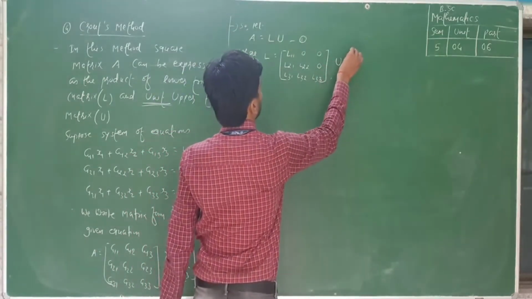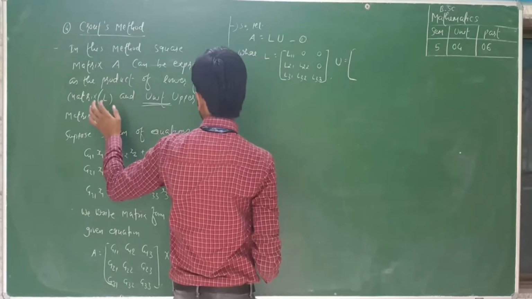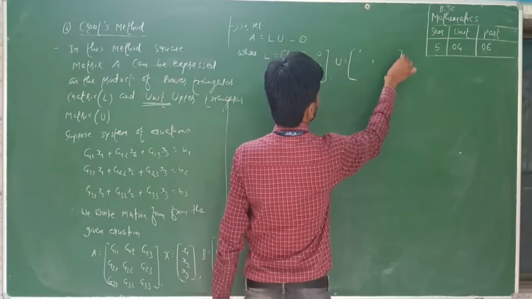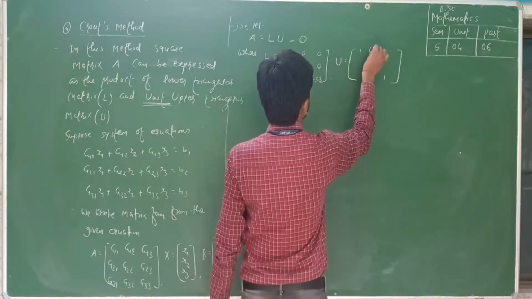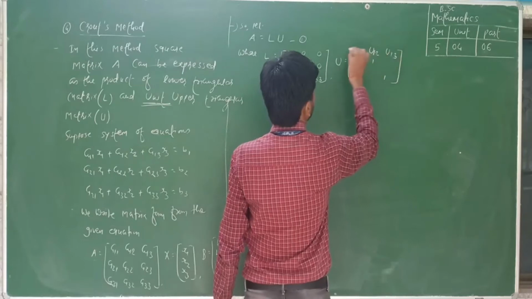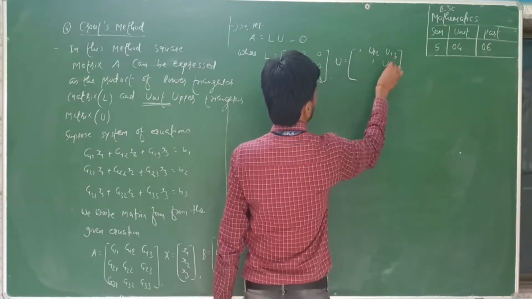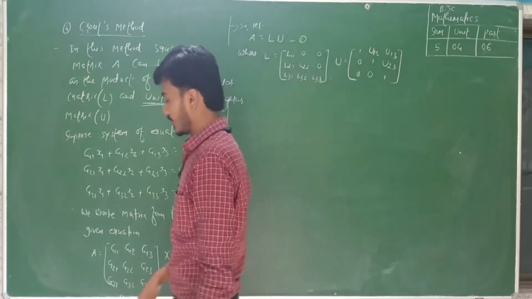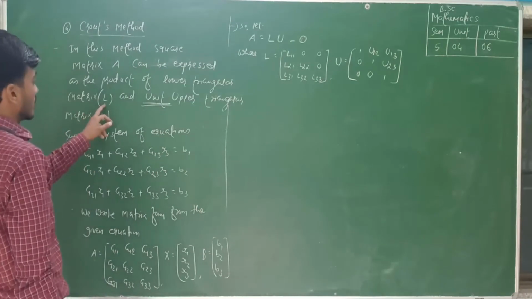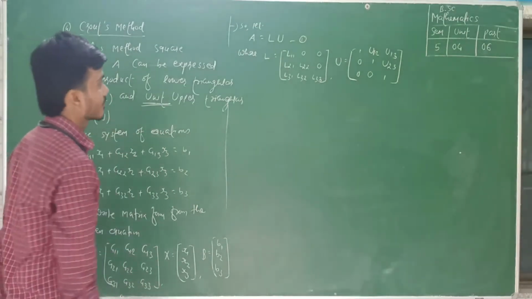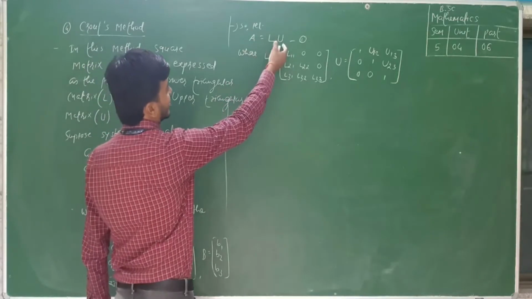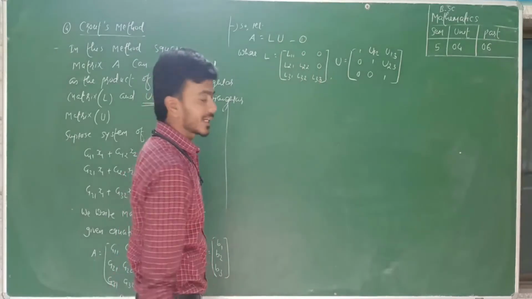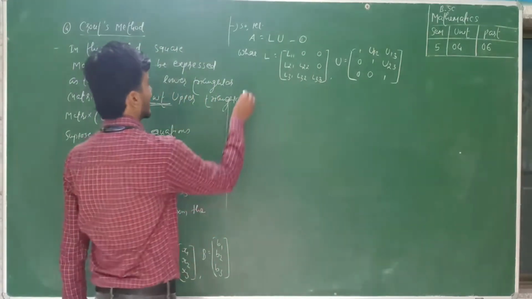L31, L32 and L33. The elements above the diagonal are 0. And U, in this method, is the unit upper triangular matrix. Unit means the diagonal elements are 1, 1, 1. And upper means the elements U1,3, first row and third column, and U2,3, second row and third column, are included, while the elements below the diagonal are 0. Keep in mind, L is the lower triangular and U is the unit upper triangular. So A can be expressed as the product of L into U, where L is the lower triangular and U is the unit upper triangular matrix.